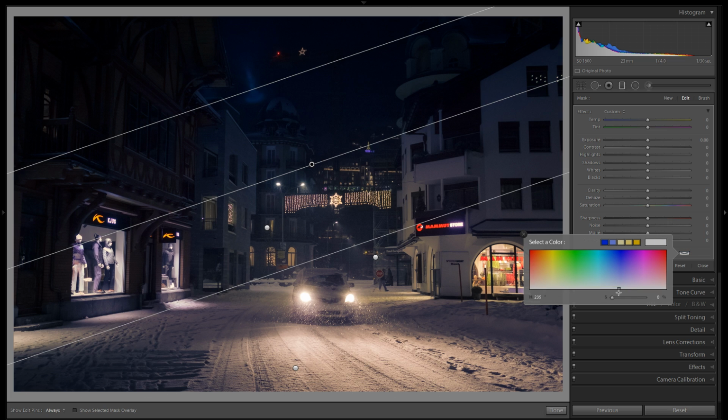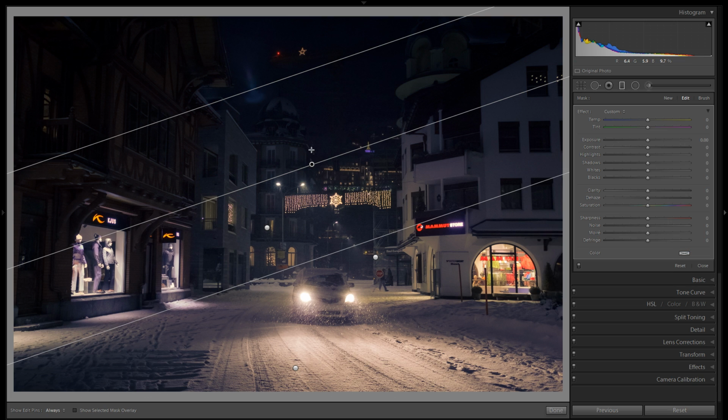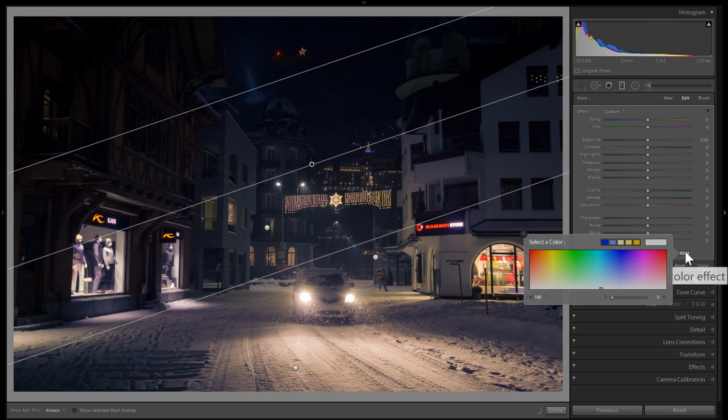Now, you might think, well, blue, you already have blue, but the thing is, you cannot only just add differentiation from oranges to blues to reds, you can also add differentiation within the blues, within the oranges, within the reds. You can create different hues and different luminosities of these colors. Now for that, in this case, I'm just gonna go into the blue color here and make it a bit more dark actually, because I really want a dark blue in the top here,